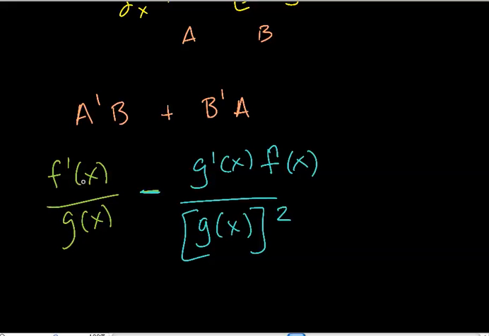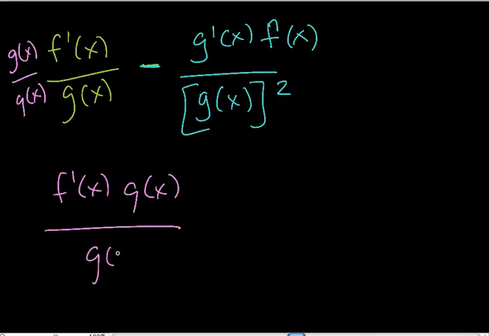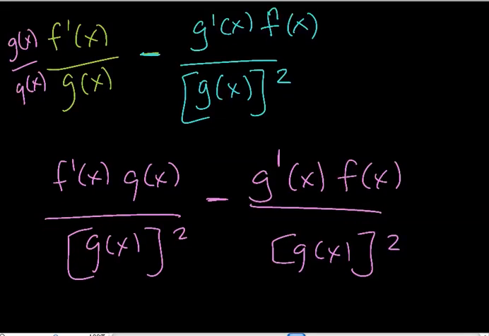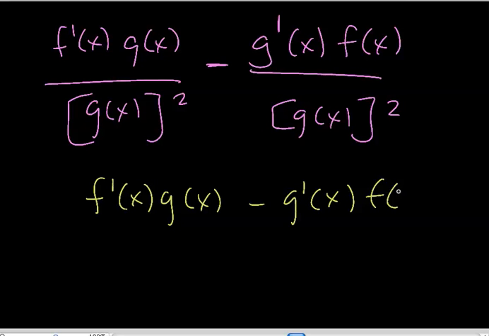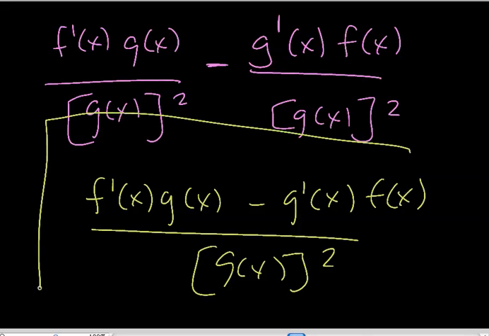Great. Now I'm going to try to combine these two fractions. How do I do that? It's not that hard. I multiply the top and the bottom by g of x. And what am I left with? I'm left with f prime of x times g of x over g of x times g of x, or g of x squared, minus g prime of x times f of x over g of x squared. And now I can combine these two fractions. They have a like denominator. So we get f prime of x times g of x minus g prime of x times f of x over g of x squared. And that is the same thing as the quotient rule that you saw. So just using the product